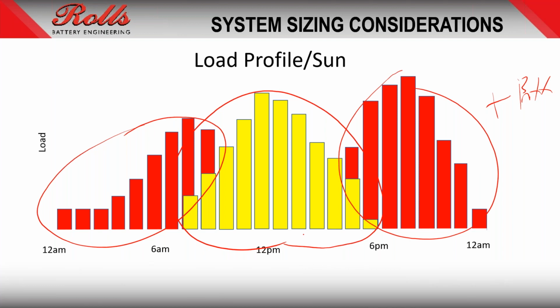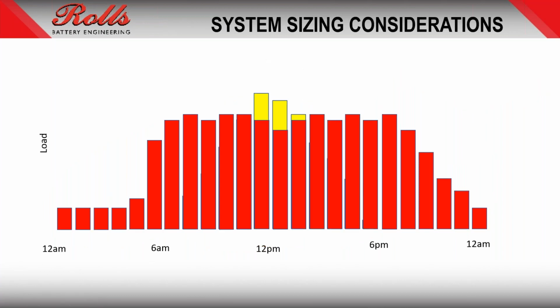My opinion, twice a month's too much, especially during the peak season. In most systems, you really want to run the generator only in the winter months. In the summer months, you typically don't want to run the generator, except maybe once a month to exercise it if you have to. This is what the consumption looks like at my house,